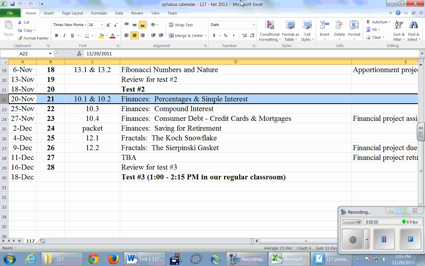So I want to put it out there, very early here in terms of finances. You guys come from a very wide and varied background, and some of you have a lot of experience with car loans and student loans and home ownership and retirement savings and stuff like that. Some of you guys are fresh out of high school, maybe don't have a credit card yet, don't own a home yet, and so there's a really, really large set of background that you guys come into this class with.